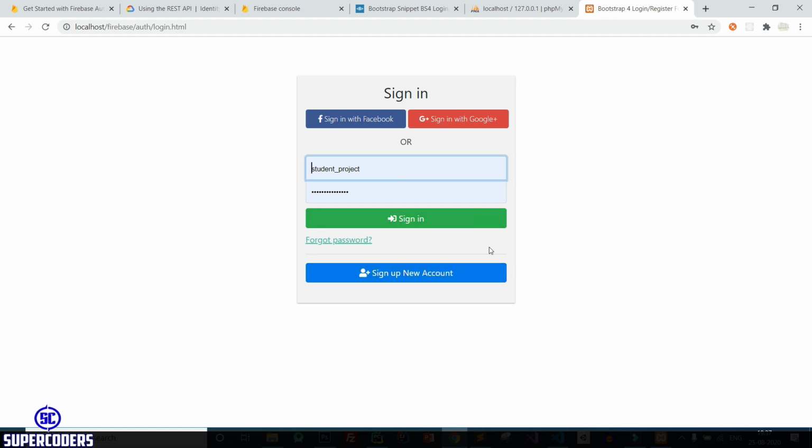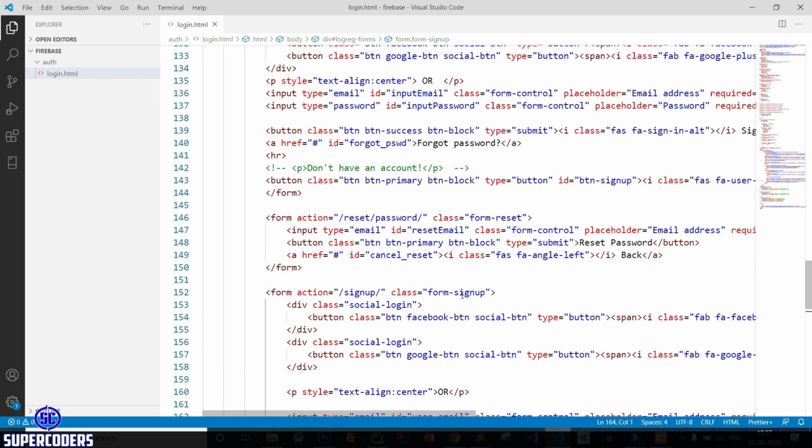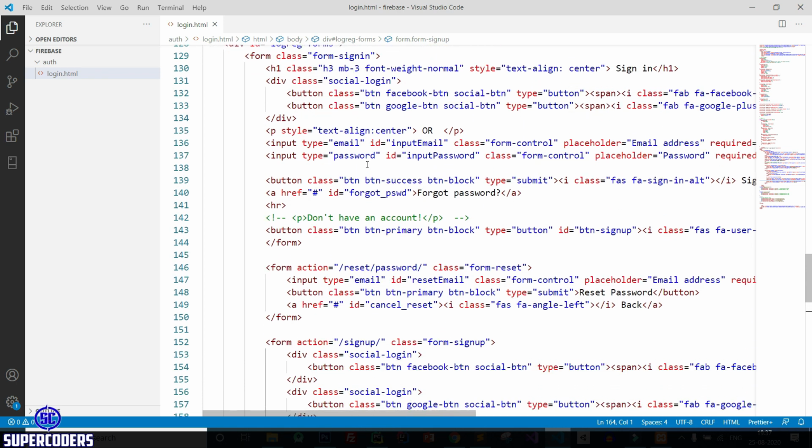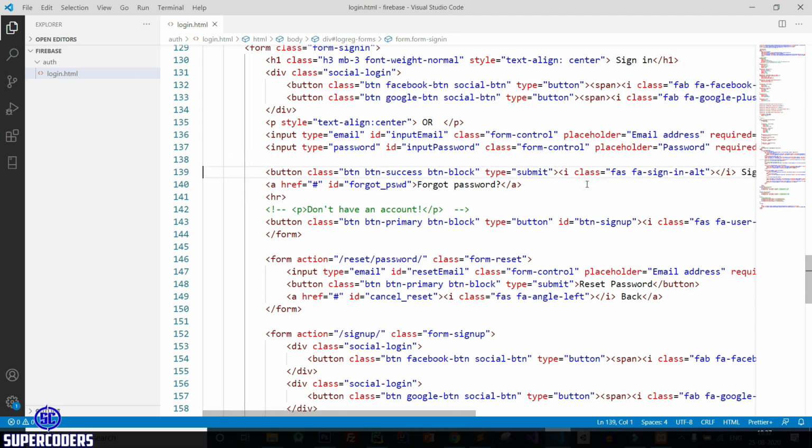Now here adding one more thing like login with OTP. So add it also. So here is the sign in form. Remove this forget password.